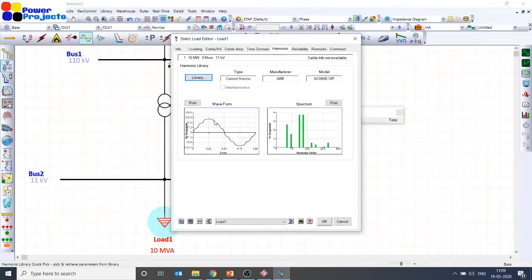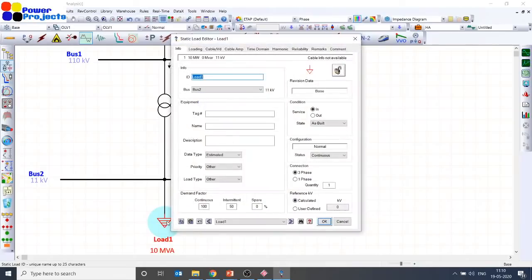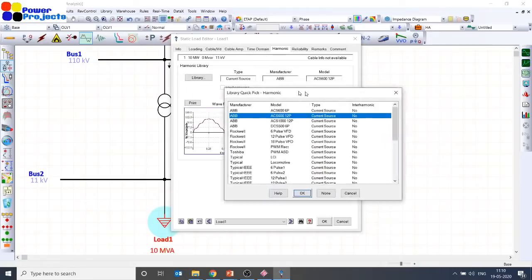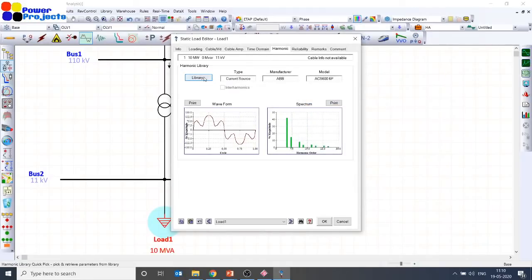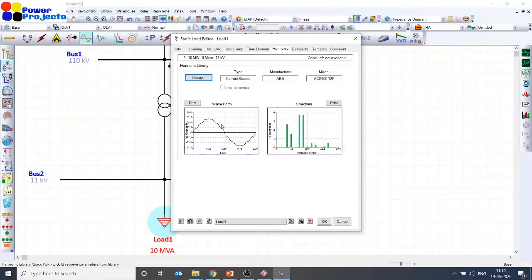here you can see a much better wave shape. Here the waveform is almost close to sinusoidal. So you can really understand the difference between the 6 pulse wave shape and the 12 pulse wave shape, right? And here you can see harmonics of 11 and 13 are predominant.